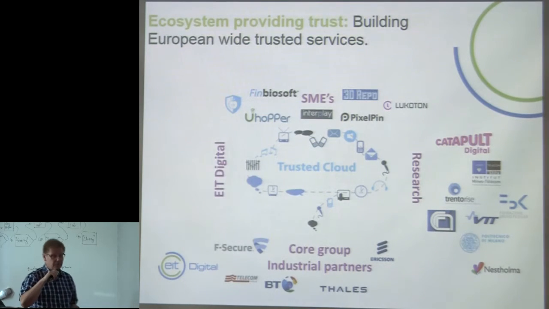The current partners consist of several. Of course, does this red thing work? Yeah, it works. So EIT Digital is our sponsor, of course. Then we have the core group of industrial partners: F-Secure, Telecom Italia, British Telecom, Thales, Ericsson. And then research partners: Digital Catapult from UK, IMT from France, Trento Rise, FPK from Italy, VTT from Finland, and CNR and Polyvi from Italy. And Nestholm are being part of the